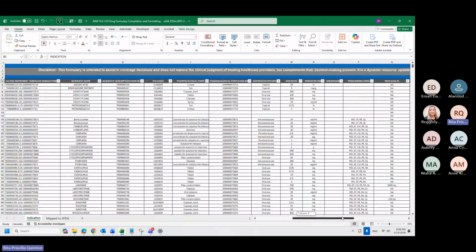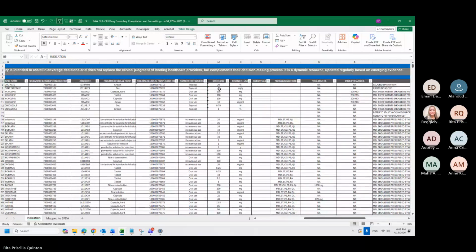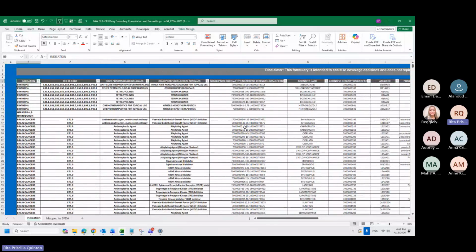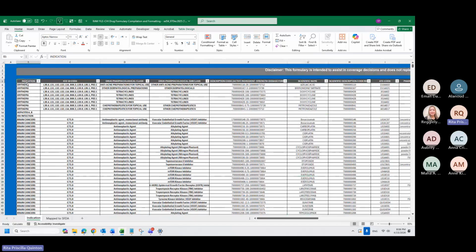Okay. Here also I believe I have price over here. Strength. In the SFDA. Okay. So here, my first question was, for example, if I put the diagnosis of brain cancer, what are the medications that I can use that will be accepted by the insurance? So here we were given a list that these are available medications. To summarize it, because this is having 26,000 lines, we can do pivot table.